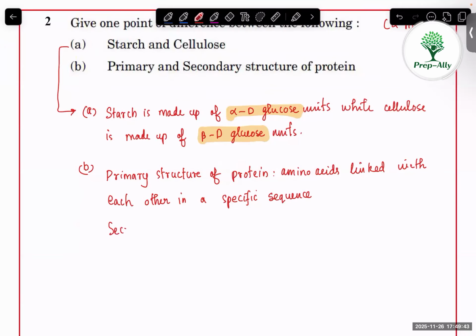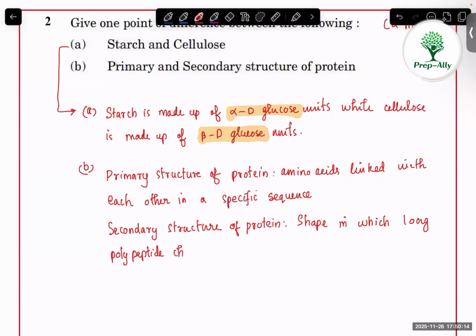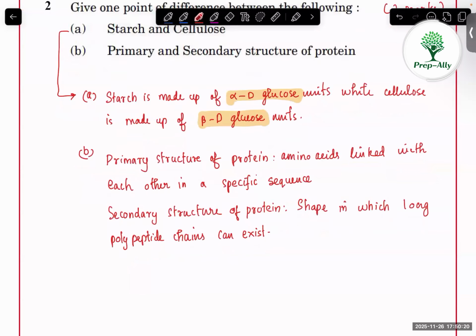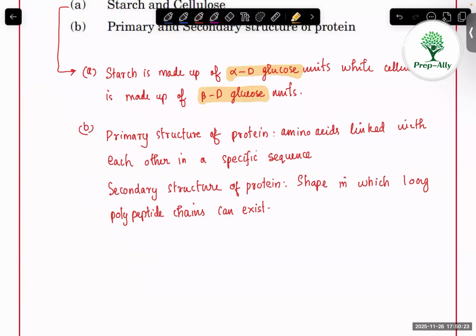And when it comes to secondary structure, so this is concise, as well as what exactly you need to write for the primary structure. When it comes to secondary structure of protein, you can write that this is the shape in which long polypeptide chains can exist. So here also, if you are writing for the secondary structure of protein, you can also give